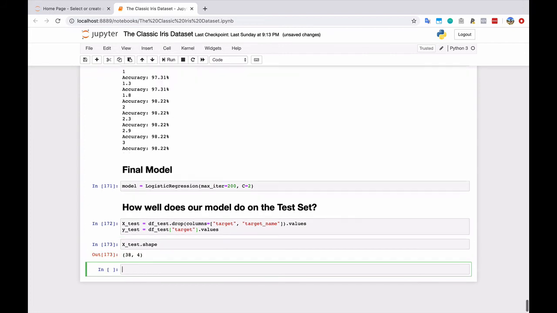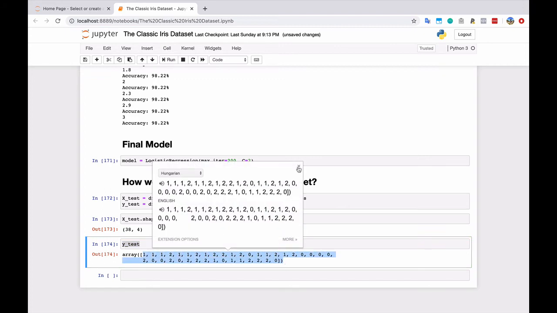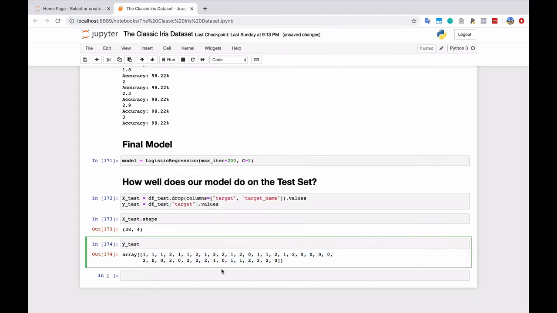Now if you look at X test dot shape, remember we set aside 38 values to evaluate our model on. These are the real species, the actual species of the flowers, and we're going to see how well our model predicts these. So the first thing that we do after we split out our data